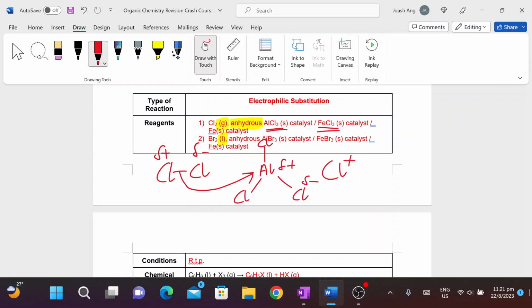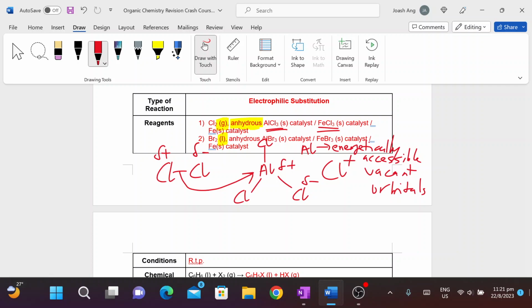And how it achieves it is because aluminum has energetically accessible and vacant orbitals. Same goes for iron. Because of these energetically accessible vacant orbitals, it is able to accept the